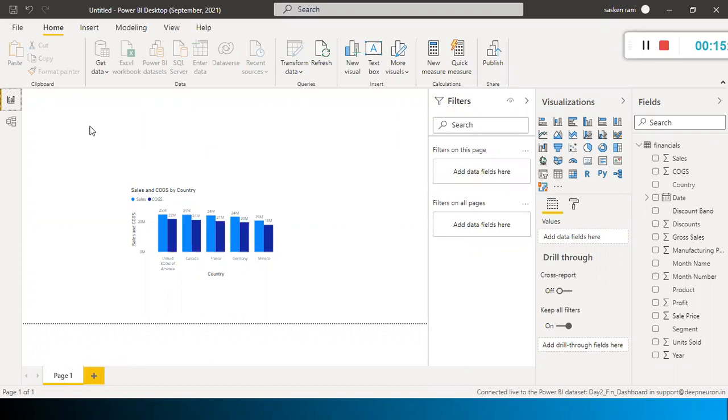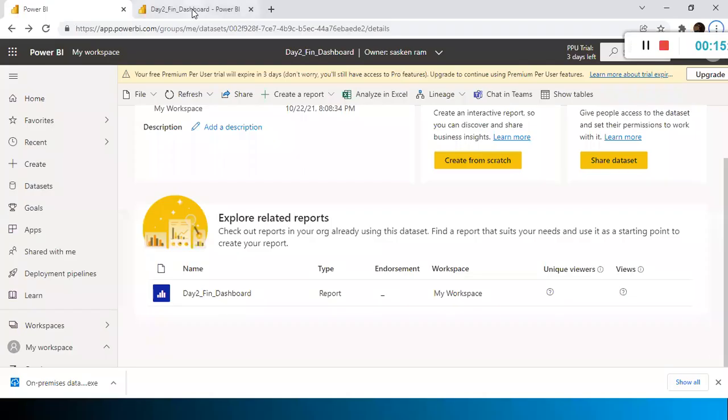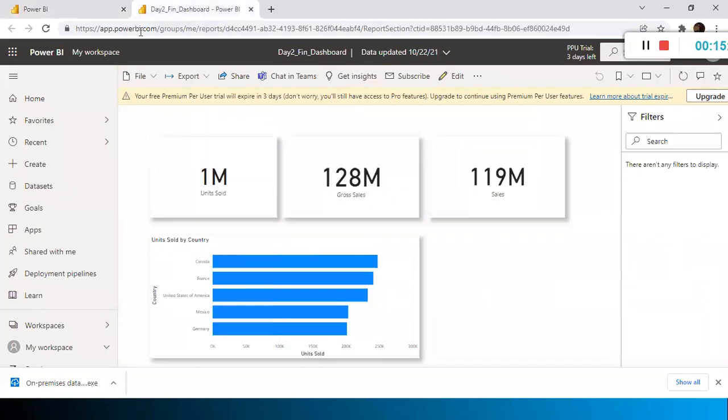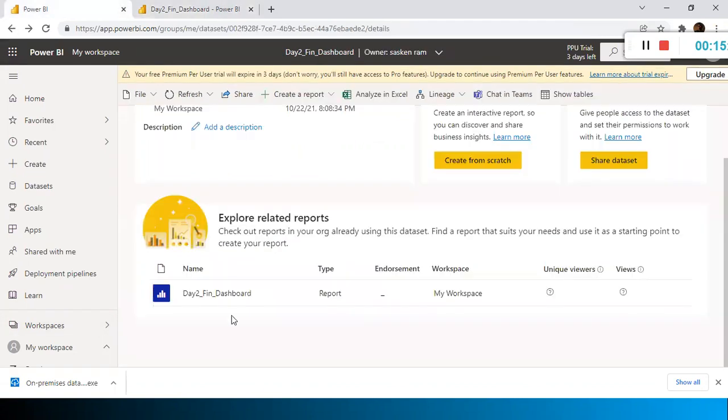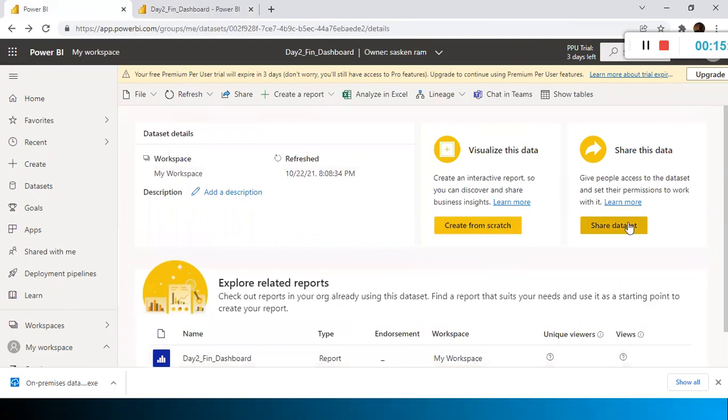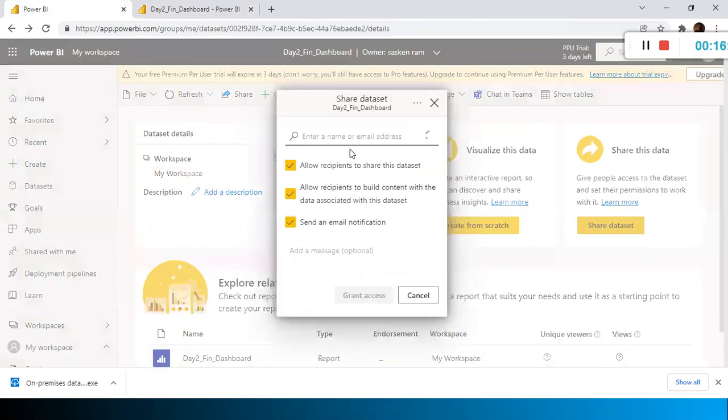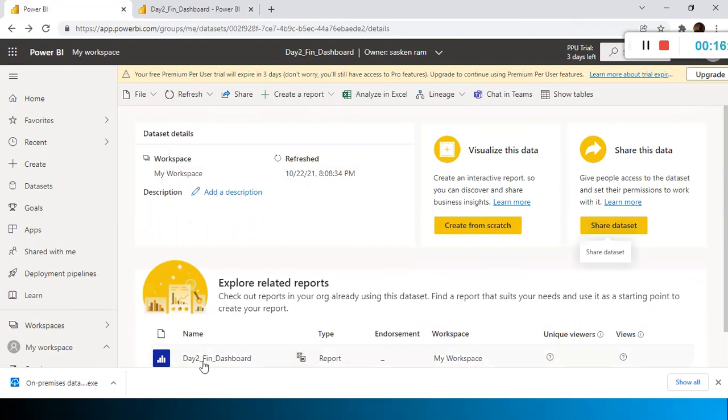Since it gets stored inside the Power BI data model itself, when you publish it, it will be hosted on the cloud, app.powerbi.com. According to us, it hosted our report, but behind the scenes, it stores the data file. So look here, share dataset. For example, this is my dataset. I can share my report file, the .pbix, and then I can share the dataset relevant to this one also.